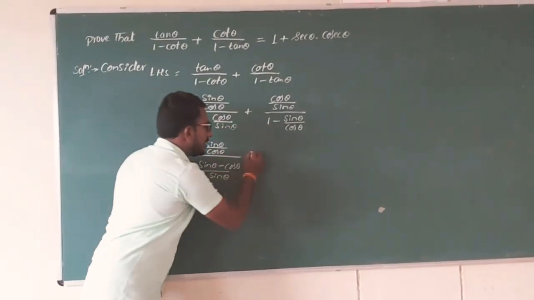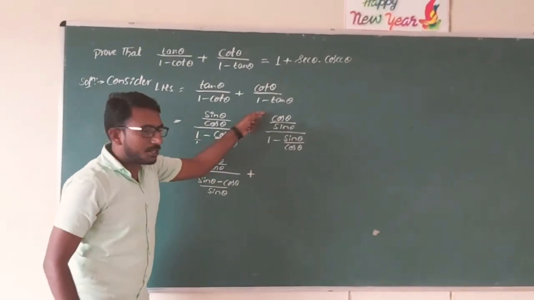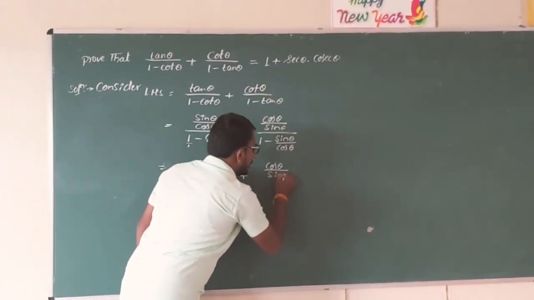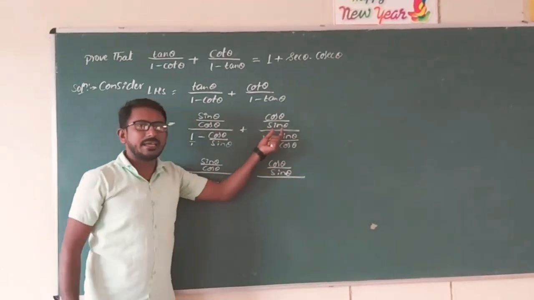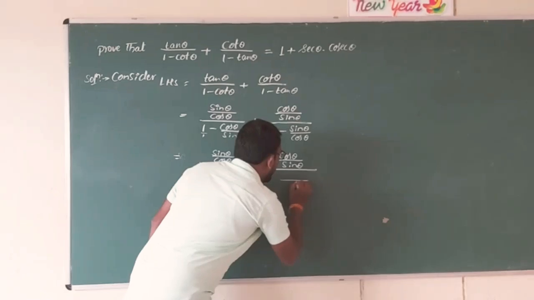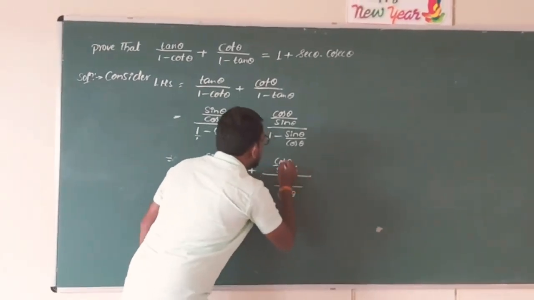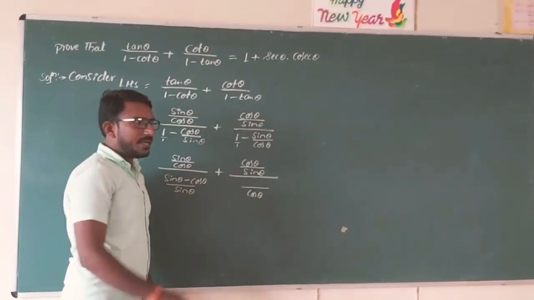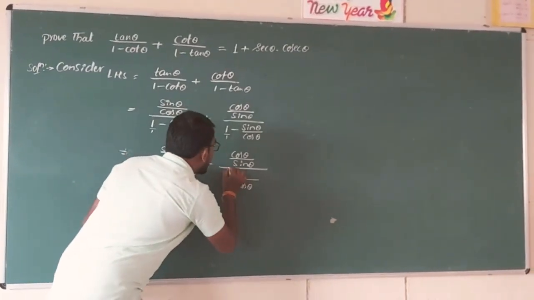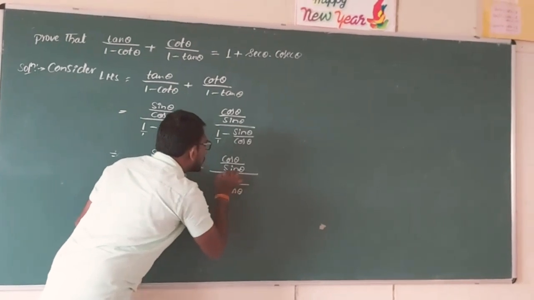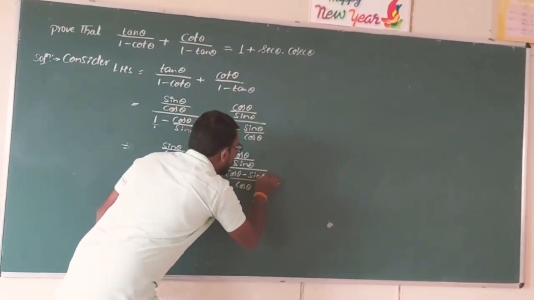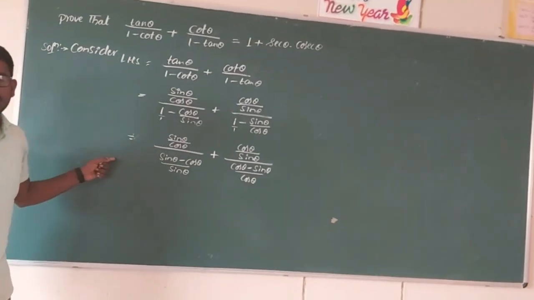Plus, similarly here the numerator I will write as it is, cos theta divided by sin theta, whole divided by, again there is a ratio, so I will take the LCM. Here divided by 1 will be there. So 1 and cos theta, the LCM will be cos theta. It becomes cos theta minus cos theta, which will get cancelled. So sin theta. I hope the second step is also very clear.